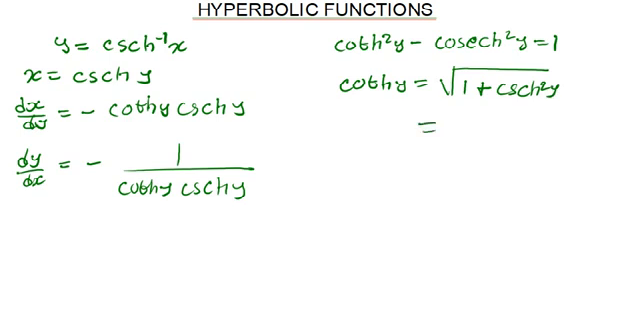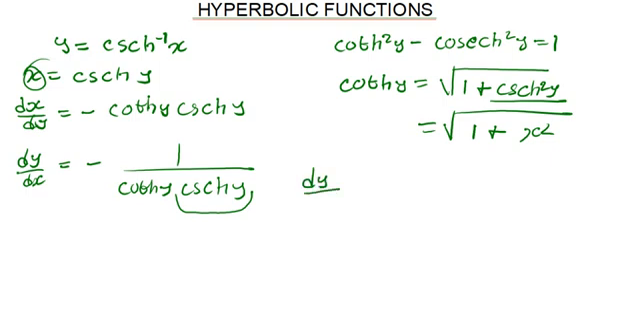Here we can say this is 1 plus our hyperbolic cosecant squared, which is equal to x, but that is x squared. So we're going to have our x squared there. Then even this part here, our hyperbolic cosecant of y, is x as well. So we're going to have the expression for dy/dx being equal to minus 1 over